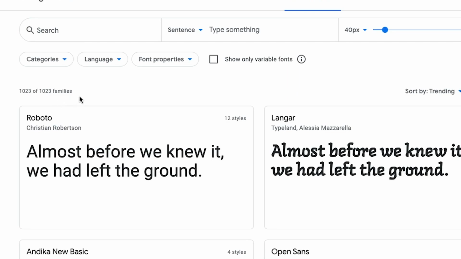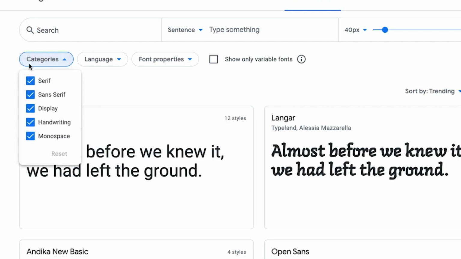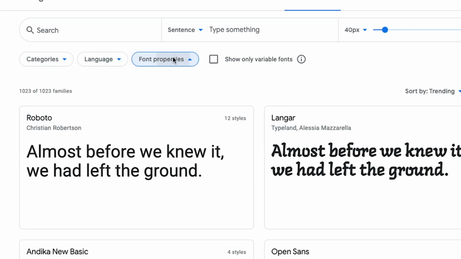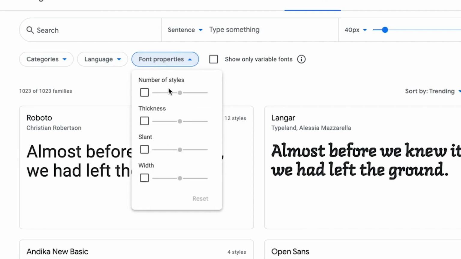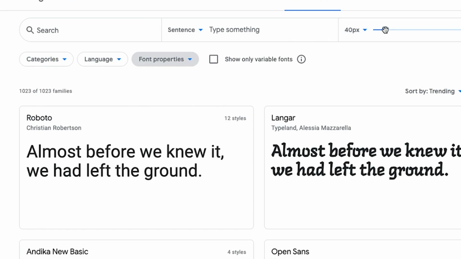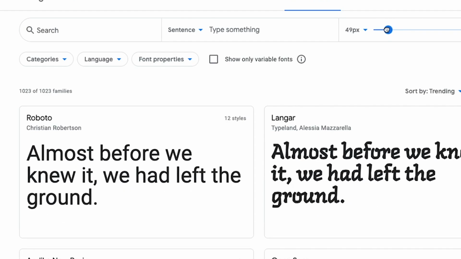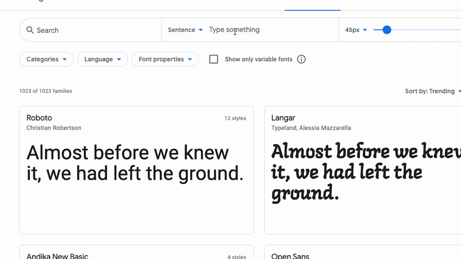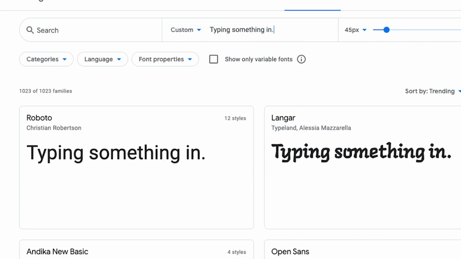Just like with Font Squirrel, you can do a search for a specific name. You can narrow down by category, language, and different font properties like styles. And then over here we can increase or decrease the size of the sample text for that particular font, because as you can see, the content inside of here is showing what that font is going to look like, and you can increase or decrease the size of the font right here, and you can actually update that content right here by typing something in right here to see what your content is going to look like with that particular